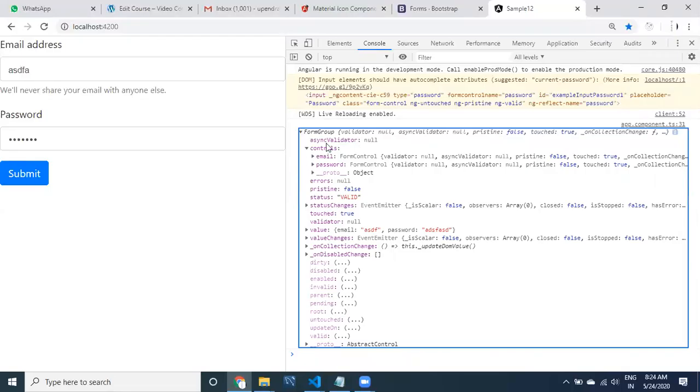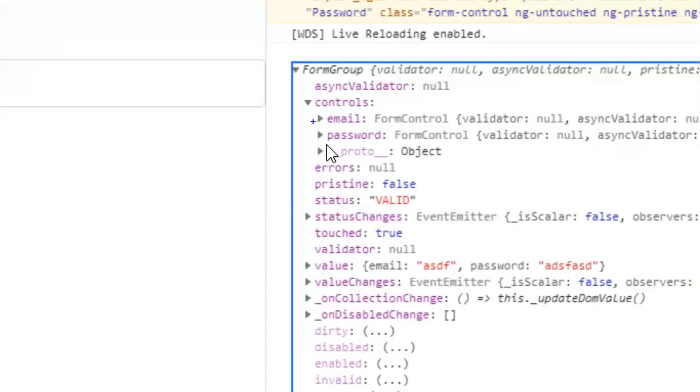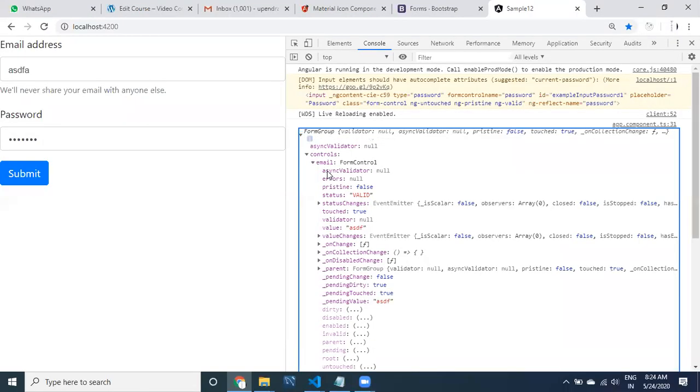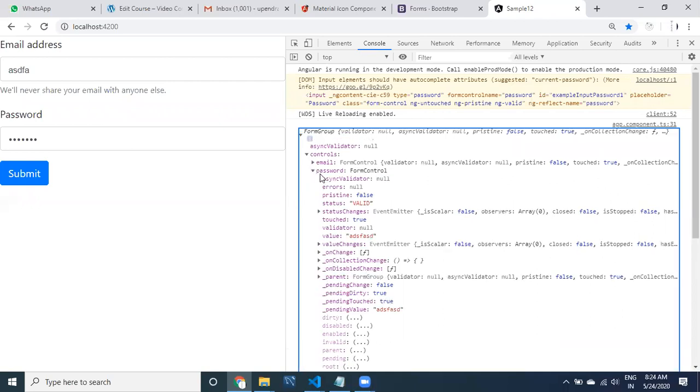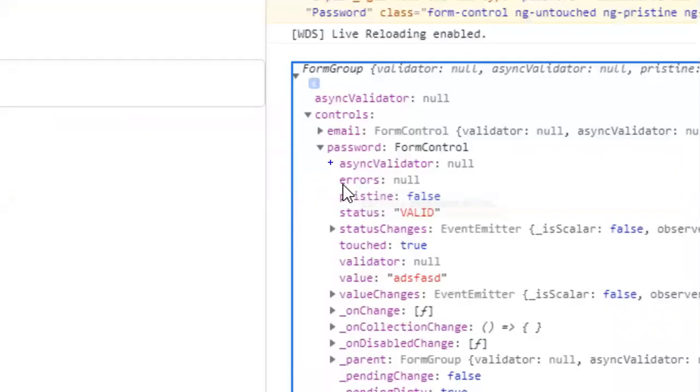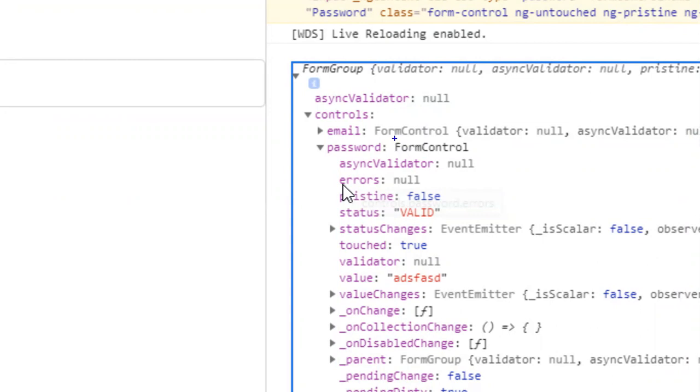Whenever the user clicks on the email, you can see some information inside it. If you click on password, whatever information is available here is related to the form control.